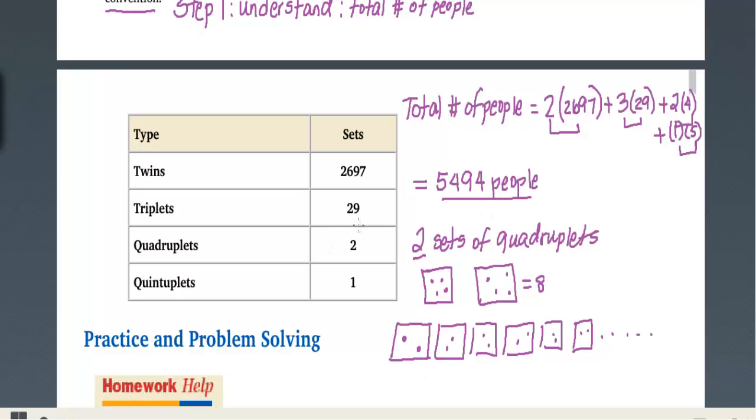For triplets, I have 29 sets. So imagine I drew 29 of these squares representing a set, 29 of them, etc. And inside each one there's 3 people. And this represents the triplets, 3 babies born at the same time. So if I want to know the total amount of triplets, I would have to multiply 3 times 29. Okay, and that's what we did there. And so forth. And then whatever this gives you plus whatever this gives you will give you the total amount of people